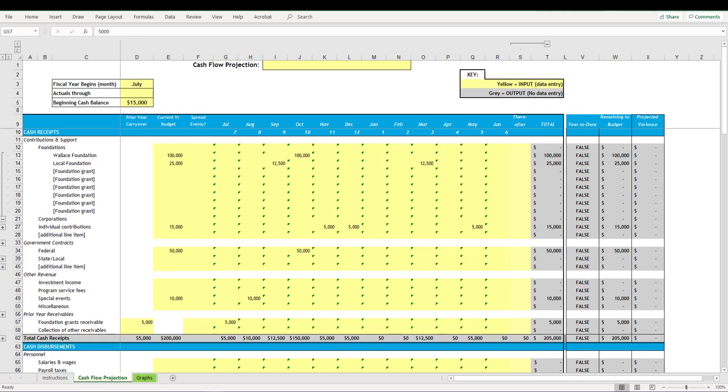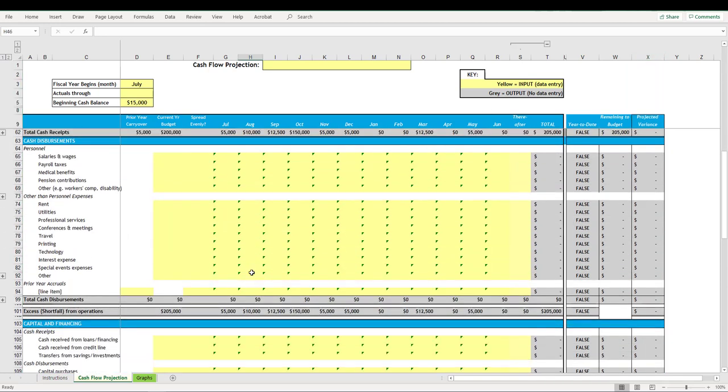Once you have spread all of your cash receipts, you should scan the variance column again. I see nothing in the variance column, which tells me I've allocated all of our budgeted receipts into appropriate months. So I'm done with the cash receipts section for now. If I scroll down to the bottom rows,